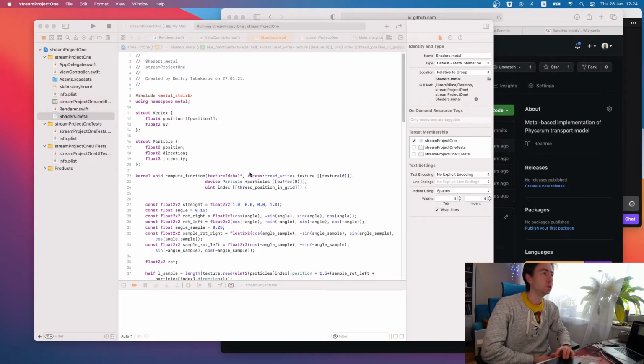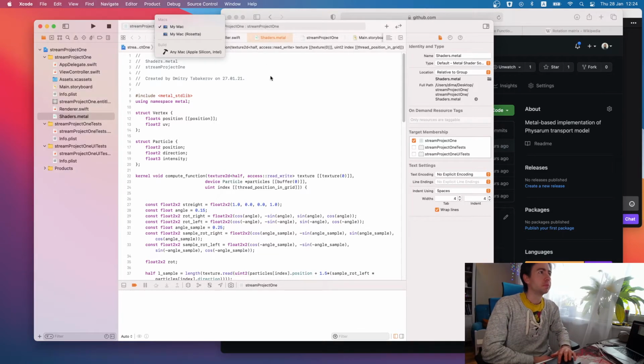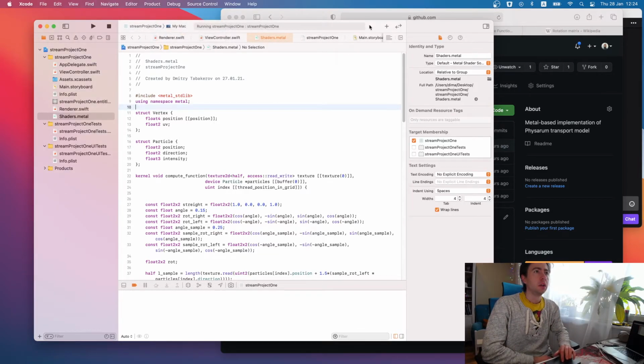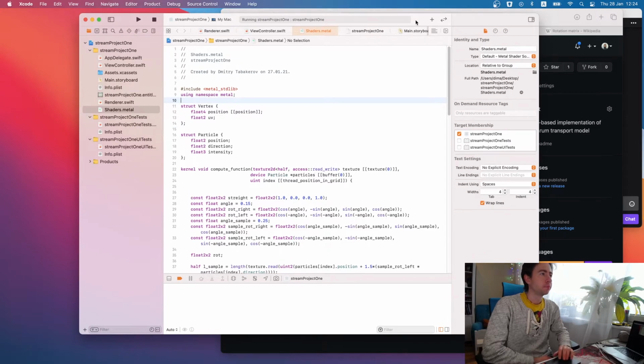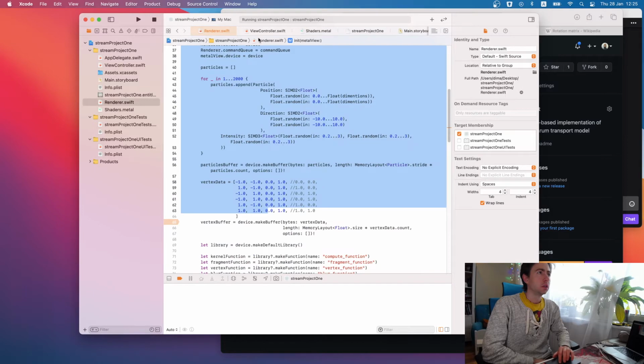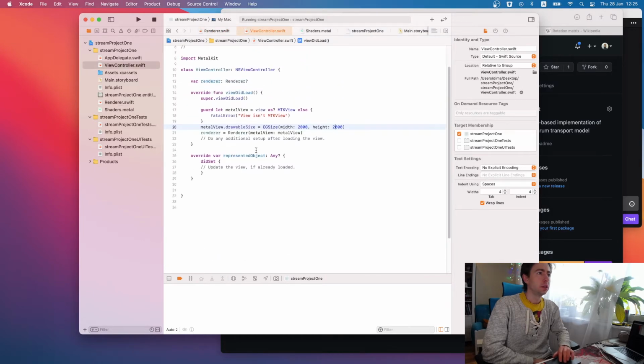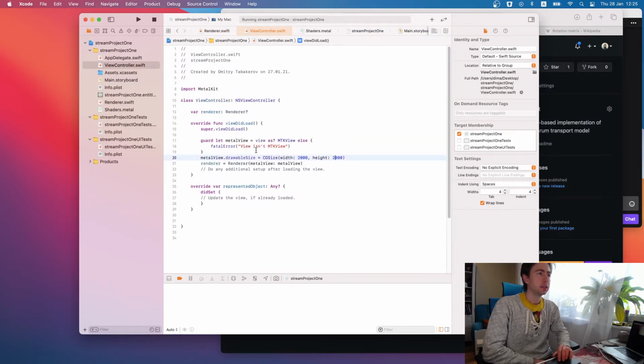So, code. Walking through the code. We did the basic setup yesterday.